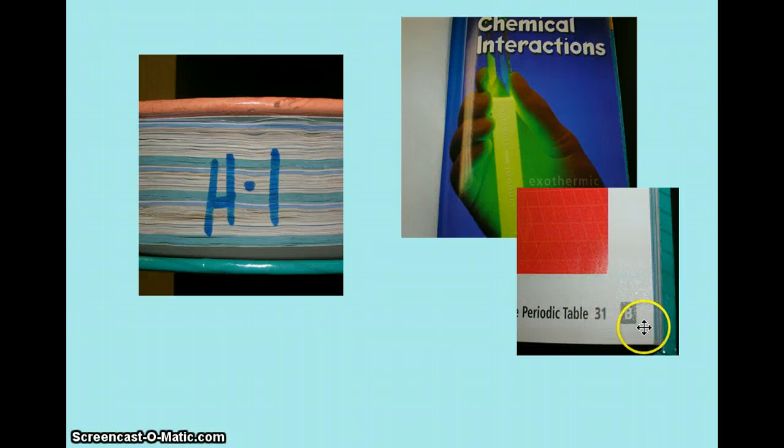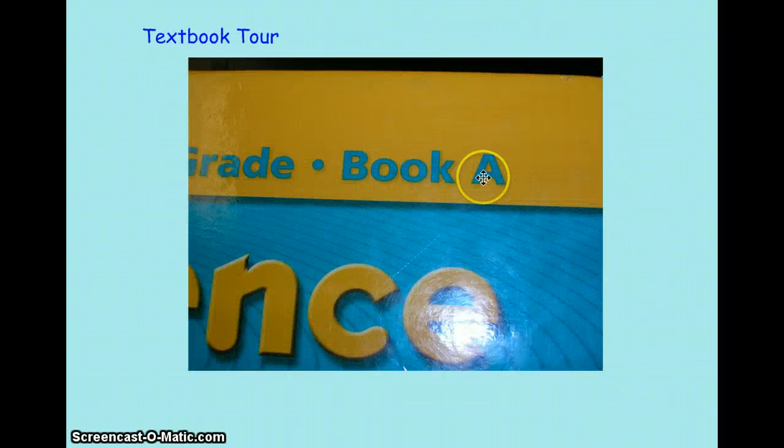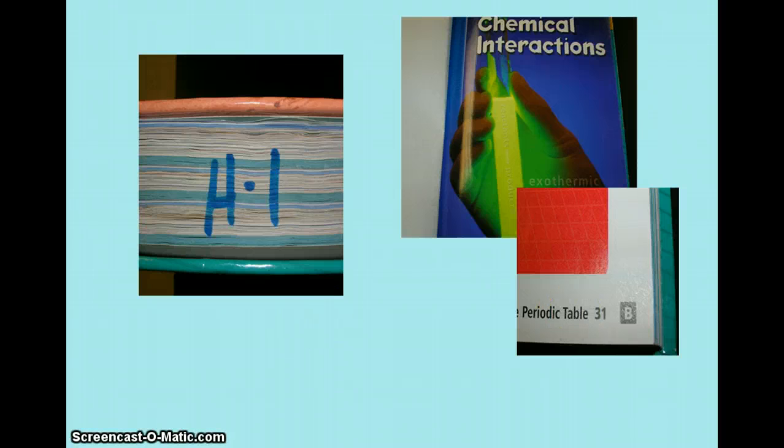and if you look on the bottom of any of the pages in that section, you're going to see that this is noted as Section B. So this is mini book Chemical Interactions, and I'm going to call this Section B of Book A. Okay, so you have Book A right here, and you're in Section B, although that's not the first section we're